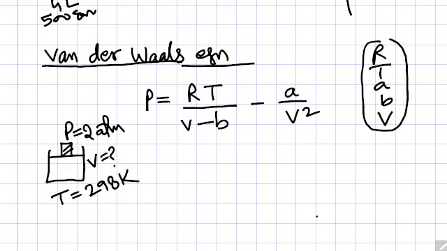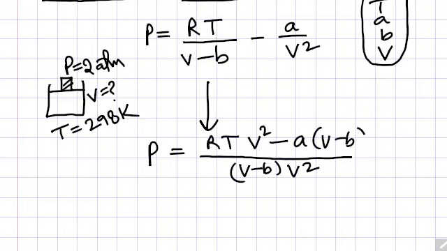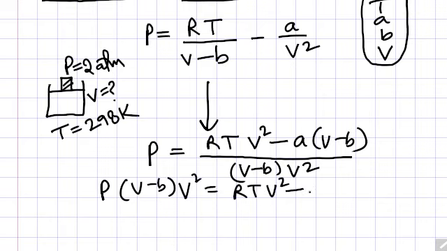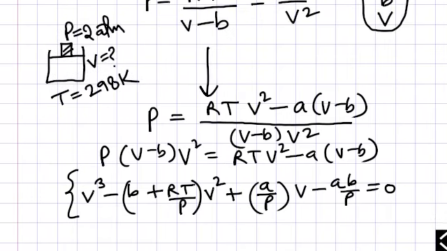So I am writing this equation in cubic form. To have this equation in cubic form, you first need to have it like this, as you already know, and here it will come with this, and then you will separate the terms. You will multiply this here, bring it here, RT V square minus A, and so this is the form of your cubic equation, that is cubic in volume. So you will have to use this equation to find the volume of this system.